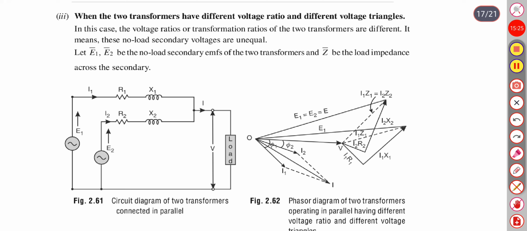When two transformers have different voltage ratio and different voltage triangle. In this case, the voltage ratio or transformation ratio of the two transformers are different. It means their no load secondary voltages are unequal. Let E1 and E2 be the no load secondary EMFs of the two transformers and Z be the total impedance across the secondary, then